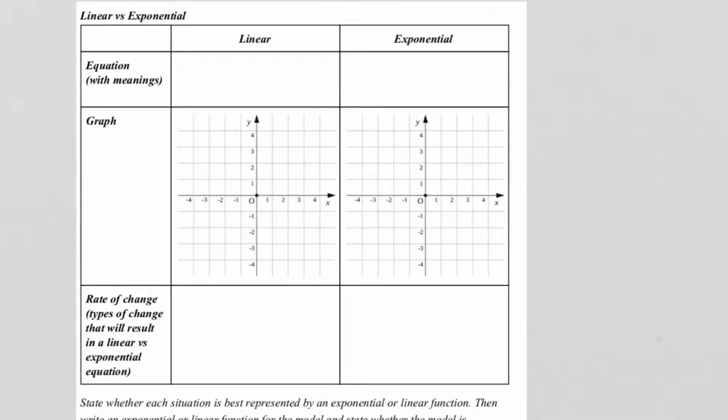So in section 15.4, we have to compare linear and exponential functions simultaneously and sometimes determine what the situation is, if it's either a linear type of situation or if it's an exponential situation. So to refresh your memory, the equation for a line is y equals mx plus b, and m is the slope